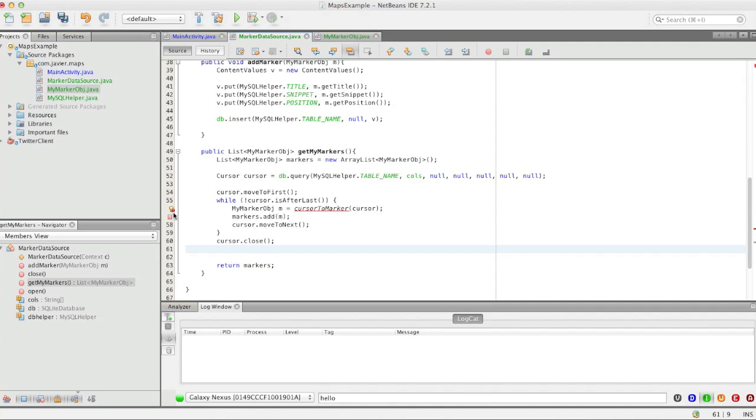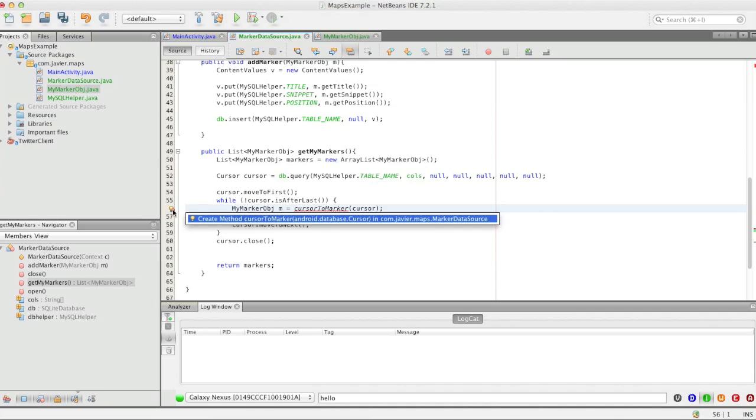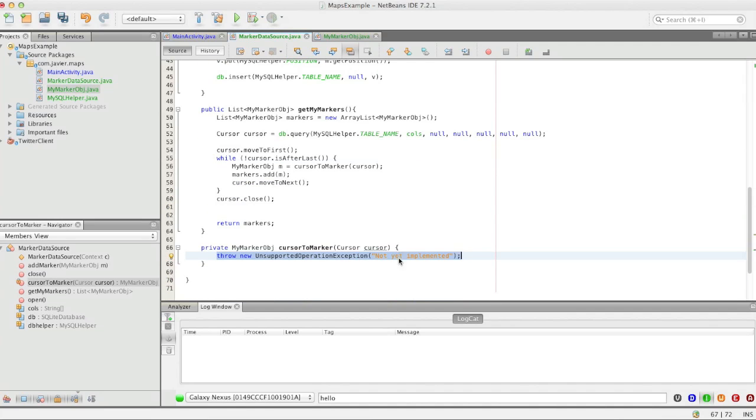Okay, so now let's create this method. The way we're going to do this is we're simply going to get the information that's in this cursor and make a marker out of it. So new marker object, and we're going to say m dot set